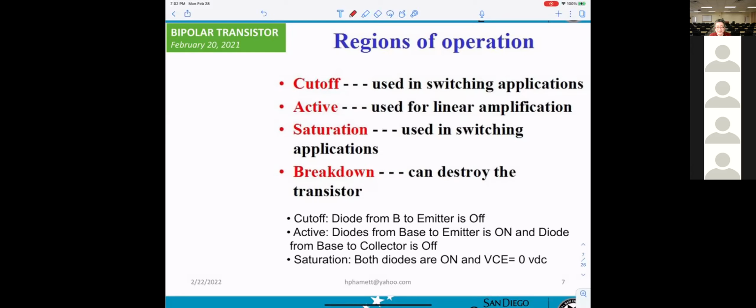That's a very basic definition of what happens if they are cut off, what happens if they are active to amplify, and what happens if they saturate. You need to know and understand that.